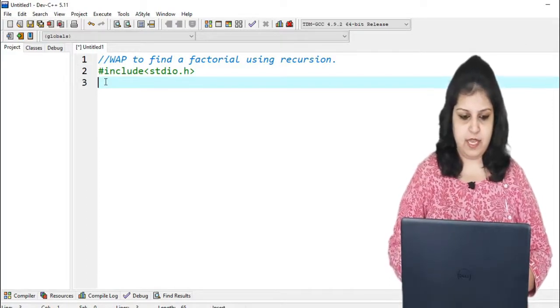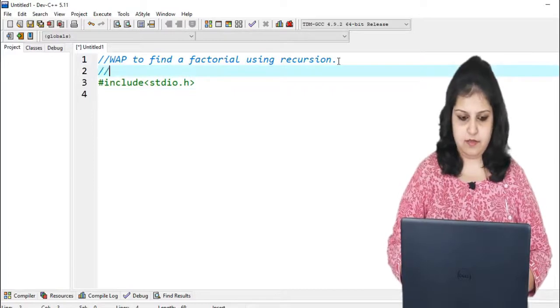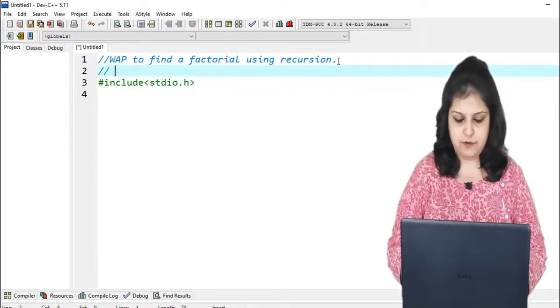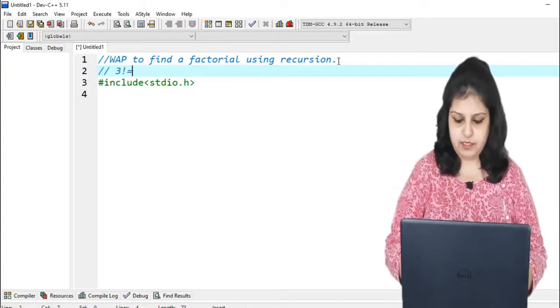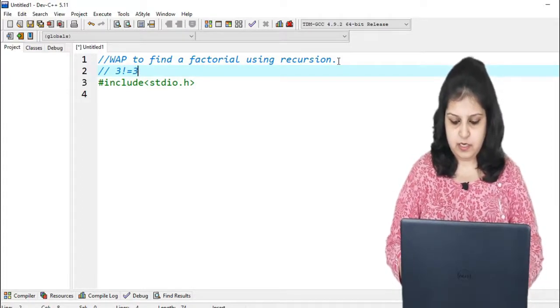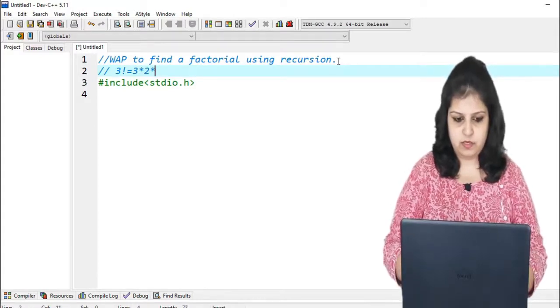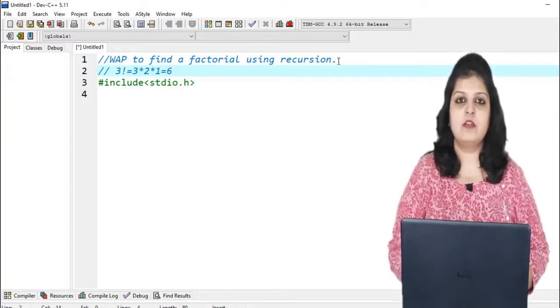Let's say I am writing one example: if I want to find 3 factorial, it is equal to 3 into 2 into 1, which is equal to 6.